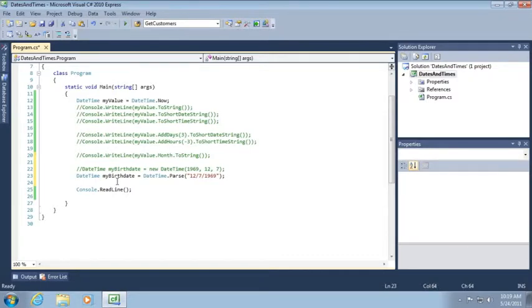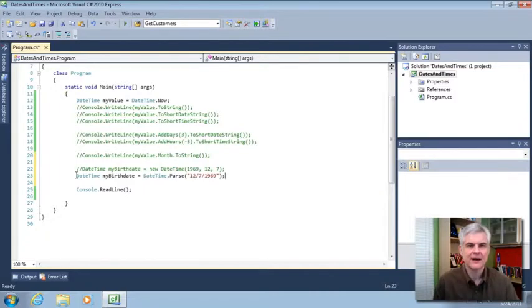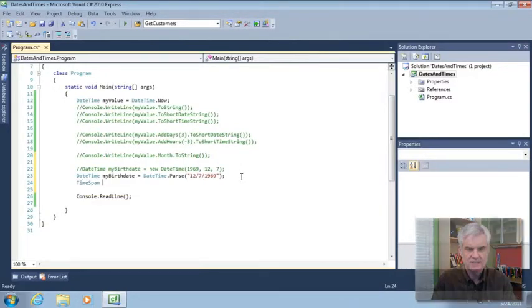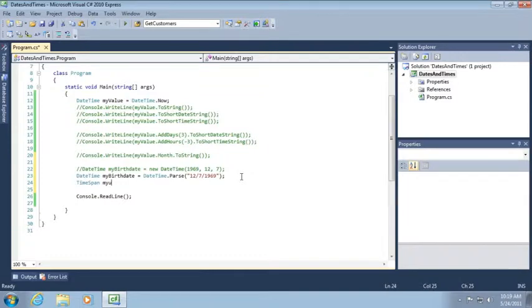Okay. Now suppose that I want to calculate how many days that I've lived on the earth since my birth date. I can't really use a DateTime object for that. That represents a single point in time. We need a different type of object or different data type that is used for a span or a duration of time. So to accomplish that, we're going to use a different data type. Not DateTime, we're going to use a TimeSpan object. So TimeSpan myAge equals